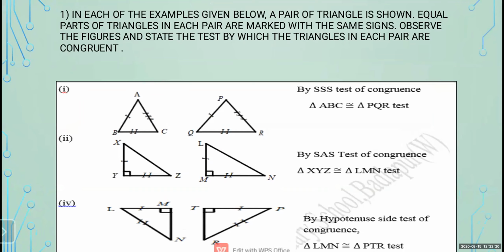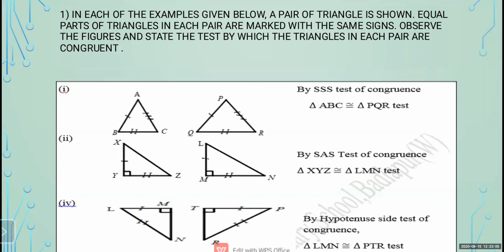Next one, triangle XYZ and triangle LMN. Here you can see that side XY is congruent to LM, angle Y is congruent to angle M, and side YZ is congruent to side MN. So side, angle, side test. Okay. But I already told you, you can apply side, side, side test, SAS test or ASA test on any type of triangle. But for the hypotenuse side test, the triangle should be a right angle triangle. So third one here,